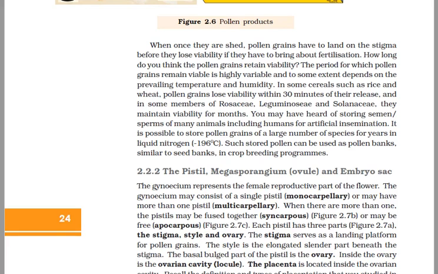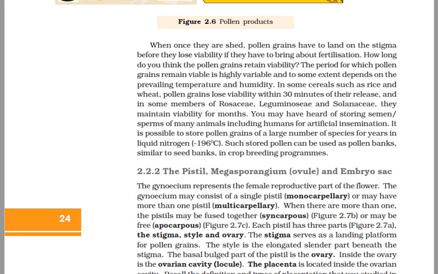Chapter. Now today we'll study about the megasporangium. Actually, a detailed study we'll do about the pistil, which is the female reproductive part, as well as we'll study about the megasporogenesis, because it will give rise to the formation of the female gamete. Then we'll study about the pollination and the types of pollination, agents of pollination, and which one is advantageous and